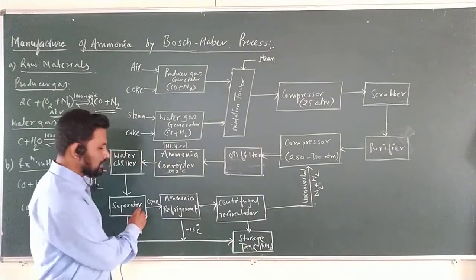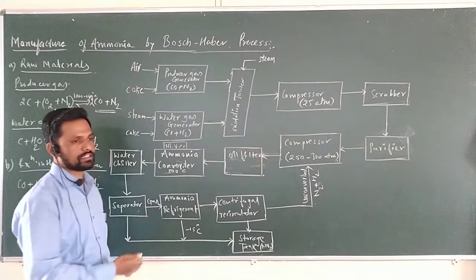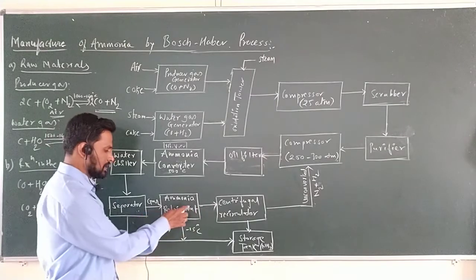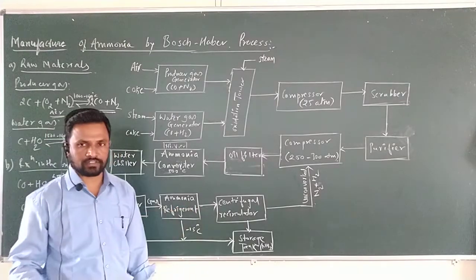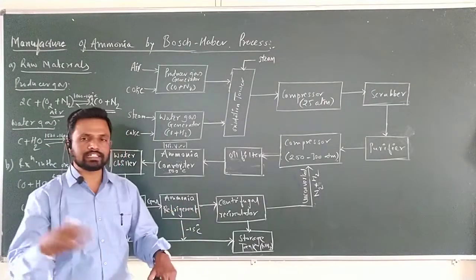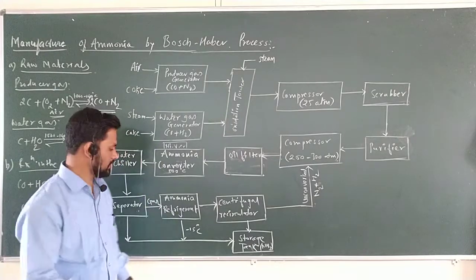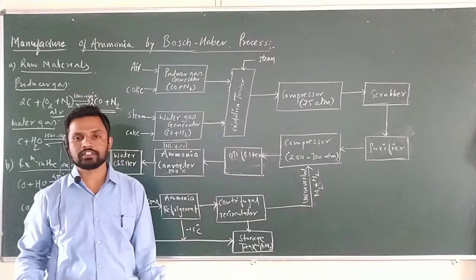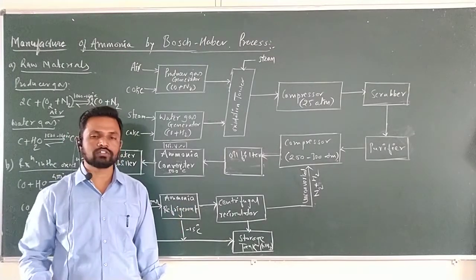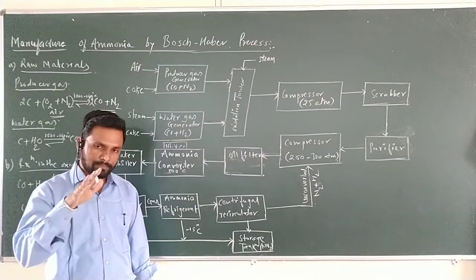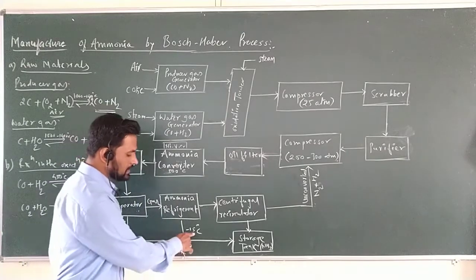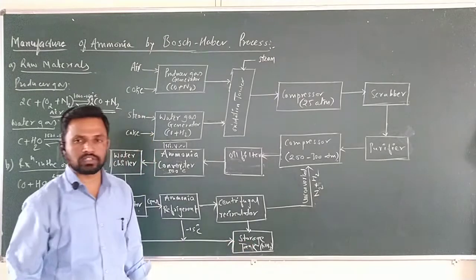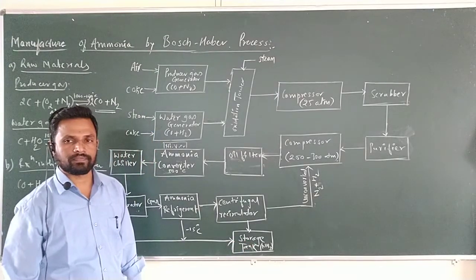Further, because the temperature is higher here, some of the gas is formed as vapor, and that gas is passed toward the ammonia refrigerant. If any steam-like gas, vapors of ammonia, are there, they pass toward the ammonia refrigerant. What is the role of the refrigerant? It cools down. Once the temperature is decreased to minus 15 degrees Celsius, some liquid formation occurs again, which is also stored in the ammonia storage tank.